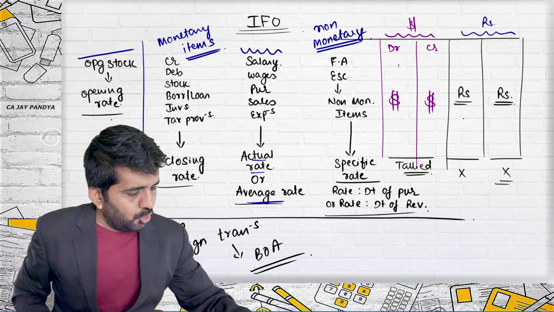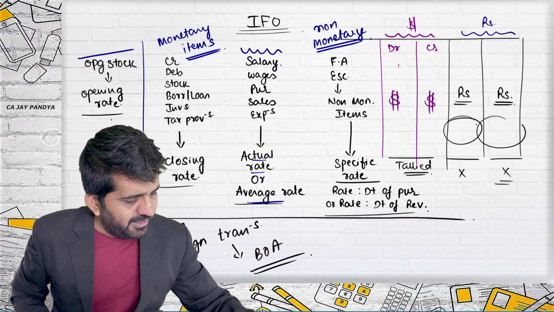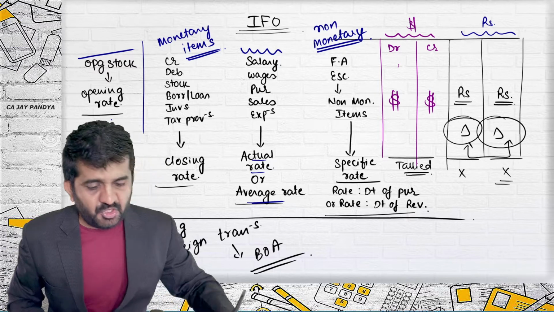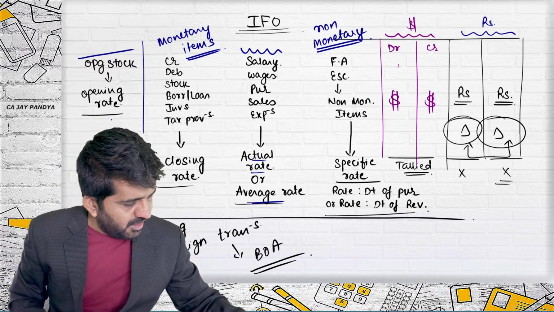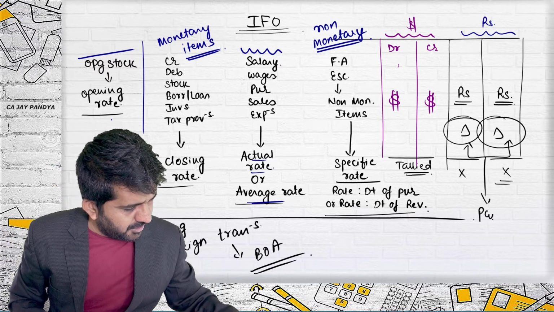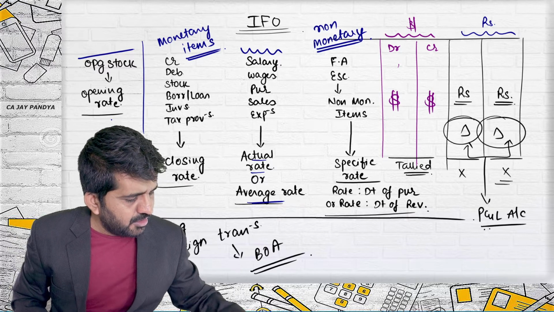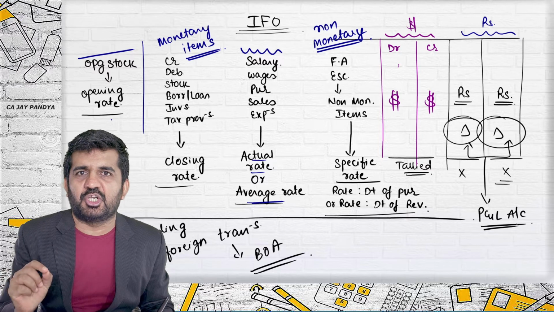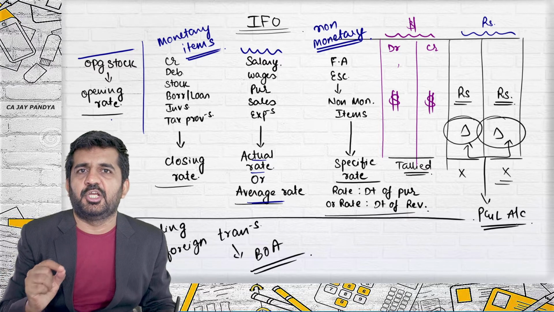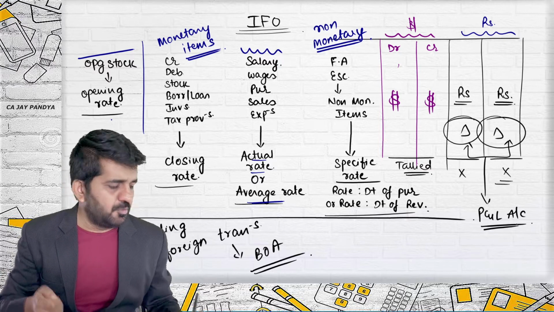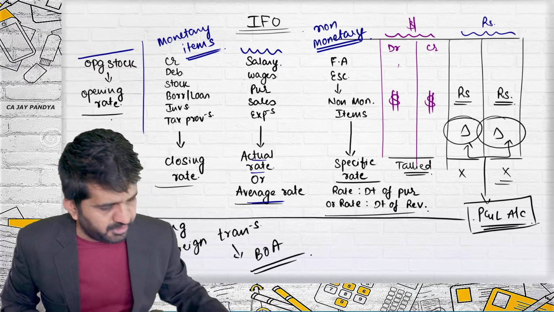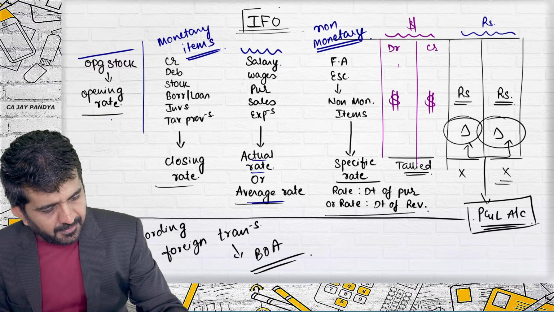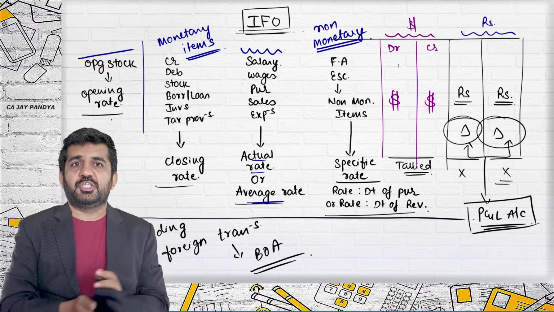So, if there is any difference, debit side or credit side, and we have done questions of only integral foreign operations, it will be transferred to profit and loss account. They are foreign exchange currency translation loss or profit, which will be transferred practically to profit and loss account. This is integral foreign operations.